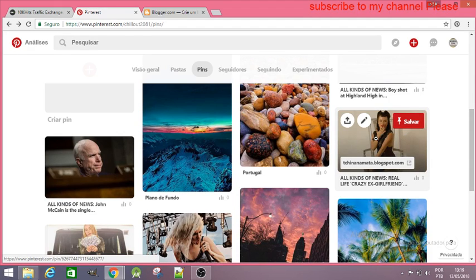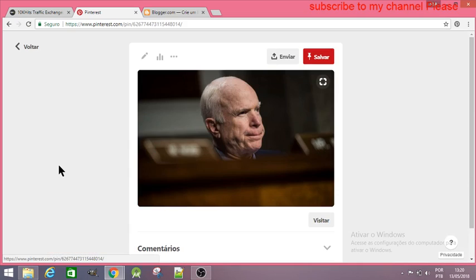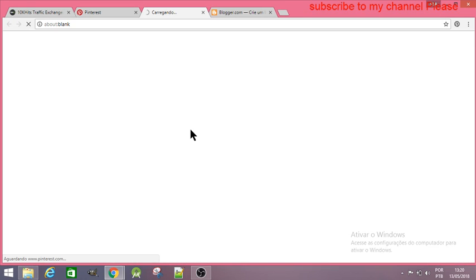Once you have a profile on Pinterest, you can make posts and link those posts, as you can see in this post. Once you make those posts, you can link them to your blog. This is my blog or your website, and this is another post that I have made. Once people click on those posts, it opens the post, and if you click again, it's going to direct people to the website or blog that you used to link those images.